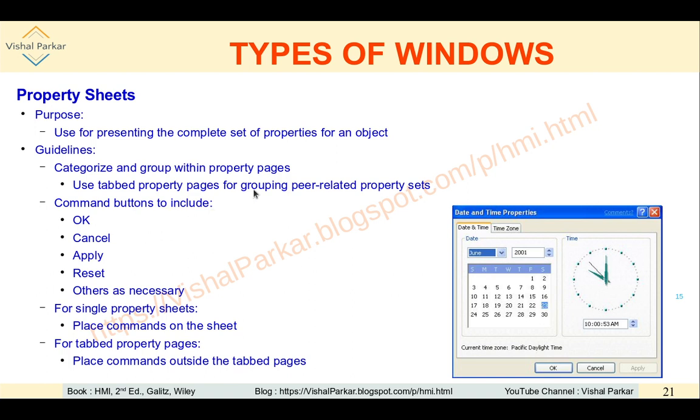The tabbed property pages are for grouping peer-related property sets, as we have seen here. There is one tab for date and time and one for time zone. The command buttons which can be there are OK, cancel, apply, reset, and others as necessary. If the property sheet is going to have a single tab, all the controls can be placed on